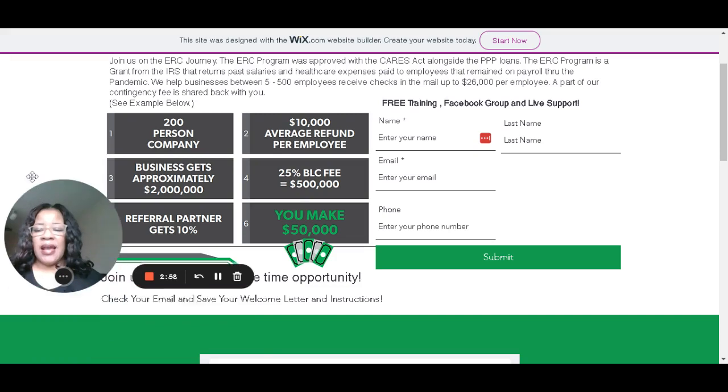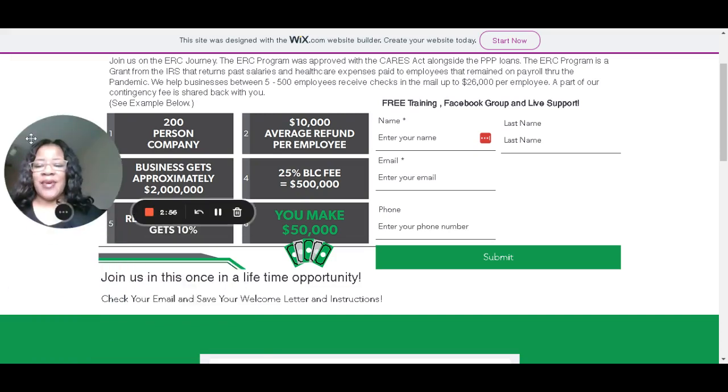Now, when you get here, this is a lifetime opportunity. This money will run out. Of course, there's going to be other programs, but just like the PPP money is gone, now this ERC money, there's a time limit to this. But meanwhile, while that money is still there, might as well jump on the bandwagon, go here, fill out